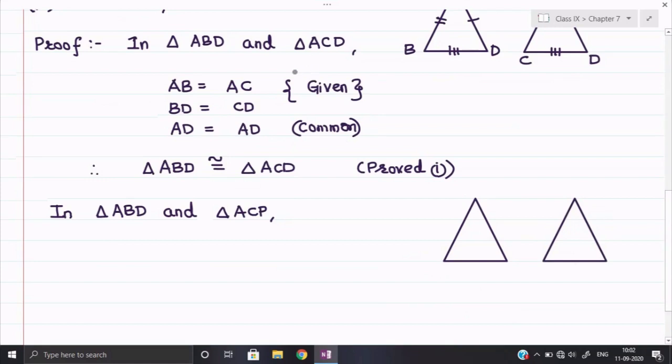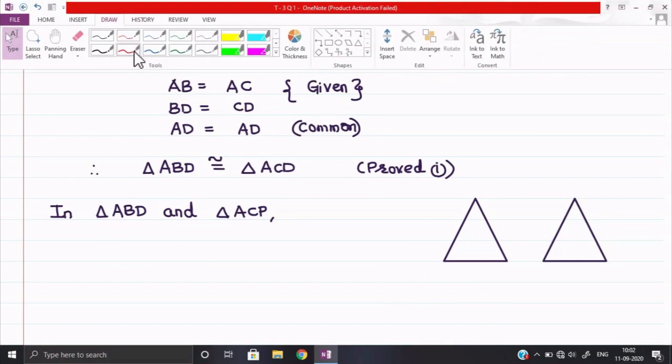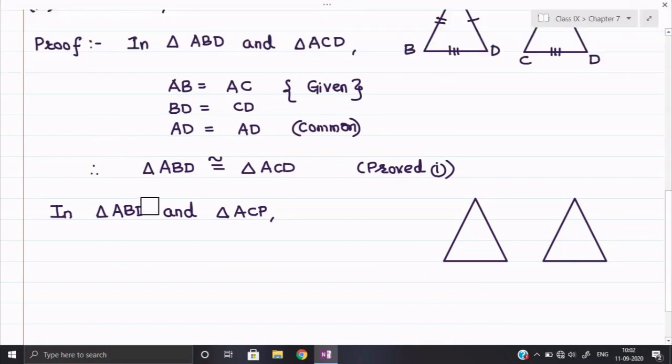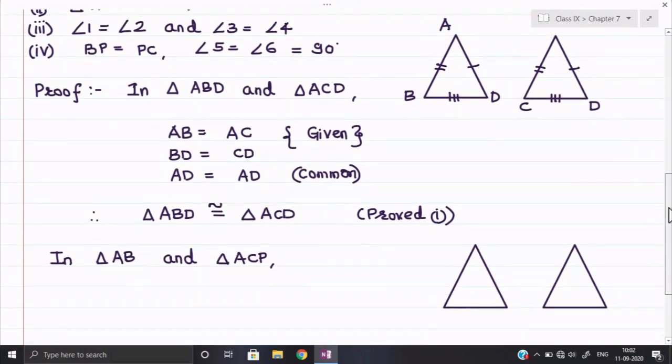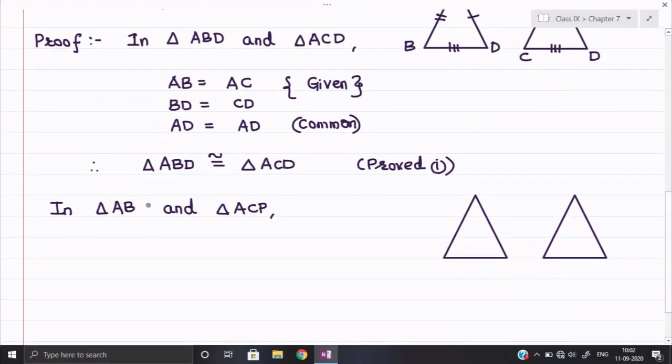First triangle is, okay, sorry, here I think I have made the mistake. Here I wrote by mistakenly ABD. So we shall rub this one. I think we have given that ABP. Check the second part. In the second part, I think it is given that ABP, right? So here, one small mistake I have done. This will be ABP. So first triangle is ABP and second triangle is ACP.